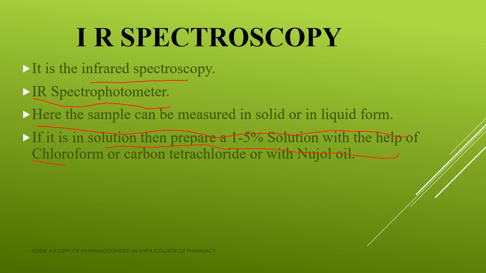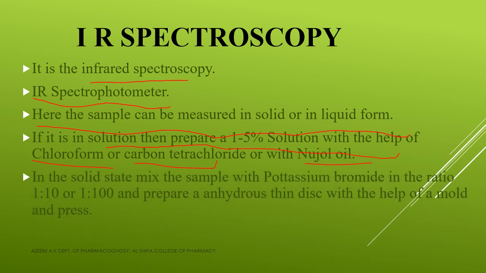the help of either chloroform, carbon tetrachloride, or by the help of Nujol oil. So you have to prepare a suspension, a solution of 1 to 5%, with the help of chloroform, carbon tetrachloride, or with Nujol oil. Clear? And if it is in the solid form, then mix the sample with potassium bromide in the ratio 1:10